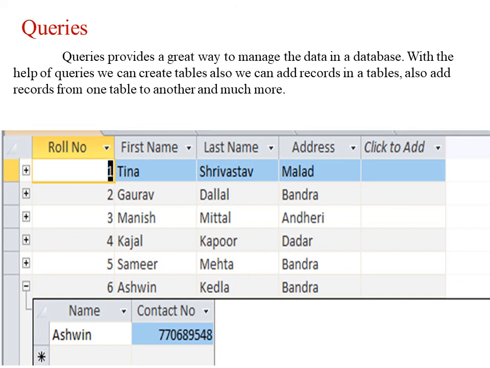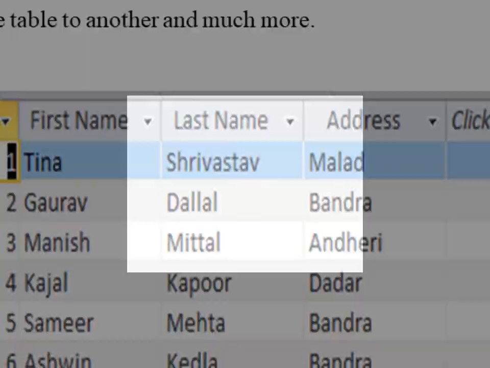Then I merge both tables using queries. Because of that I can see all the information of that particular student in one table only. Whenever we can't open both tables simultaneously, we can open only one table and see the information of both tables in it.